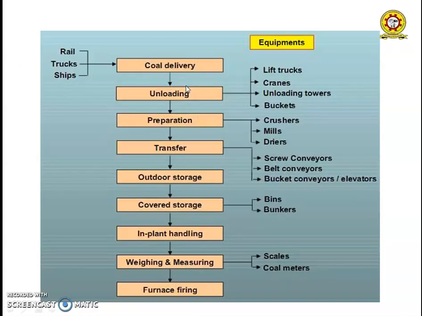The general arrangement of activities or the process involved in the mechanical systems of the coal handling for small and large plants located away from the coal mines are shown in the flow sheet given below. It is not necessary that this flow sheet may be followed as such in all the plants.